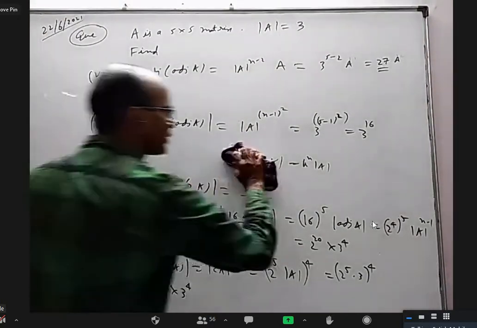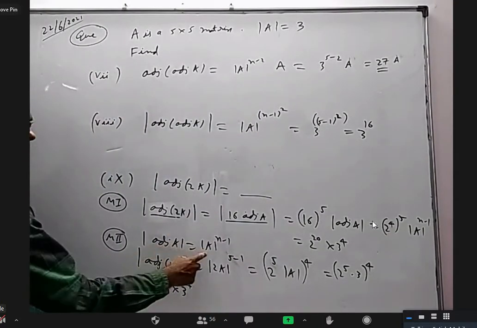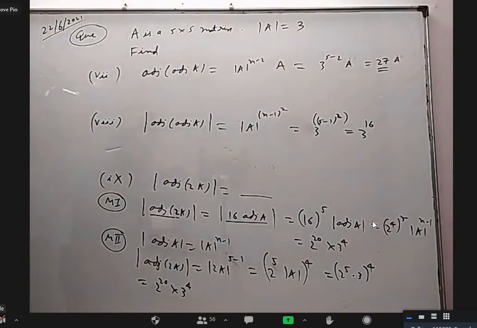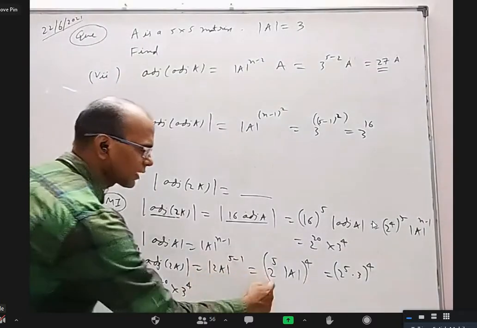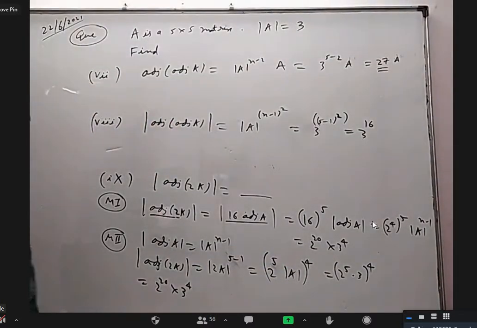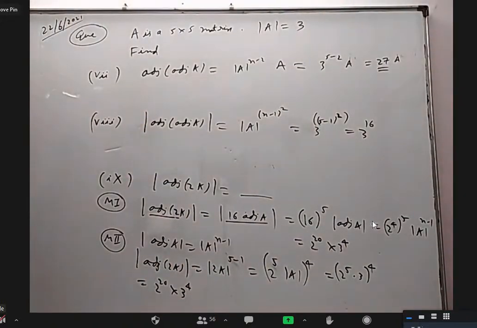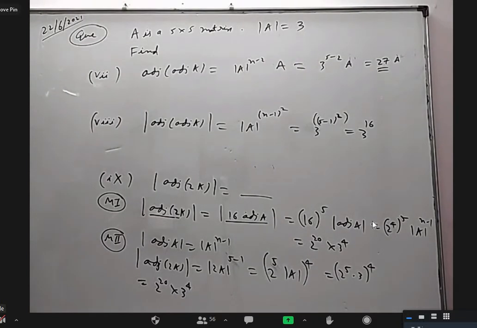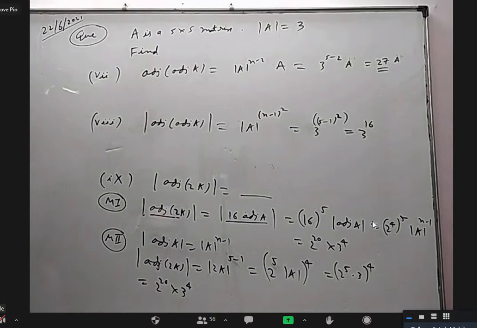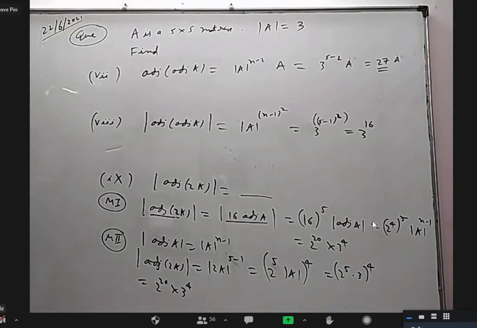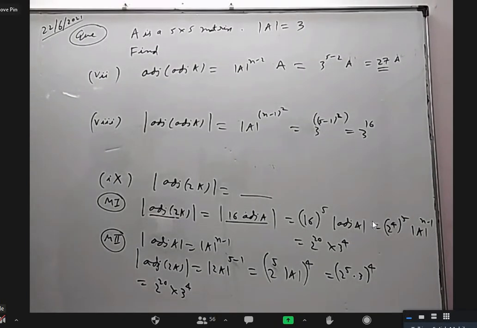Method 2: what I have done, we know this formula, det of adjoint A is det A power n minus 1. Wherever A is there, I substituted 2A. Now, det of KA is K power n into det A. And then the number is 3 and just do that. This 9th question can be confusing here and there. There is a chance of making a mistake. Rudula, are you clear? Yes, sir.